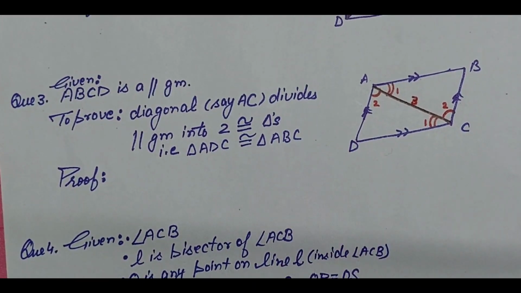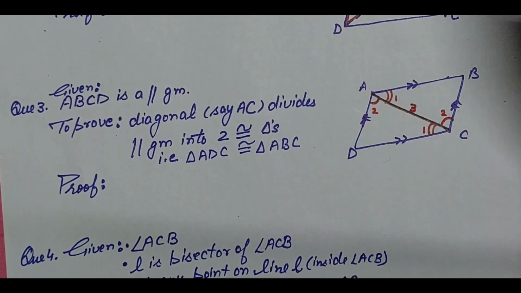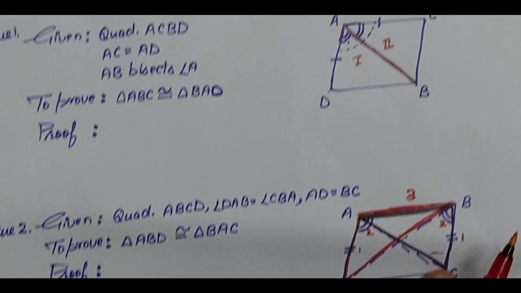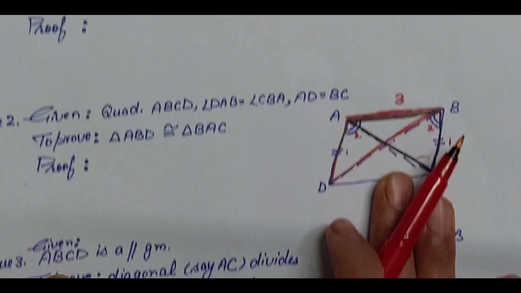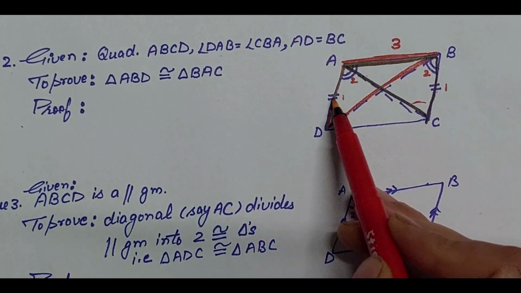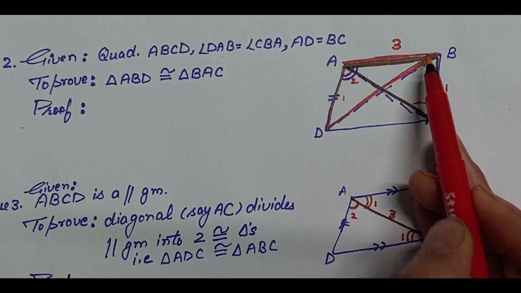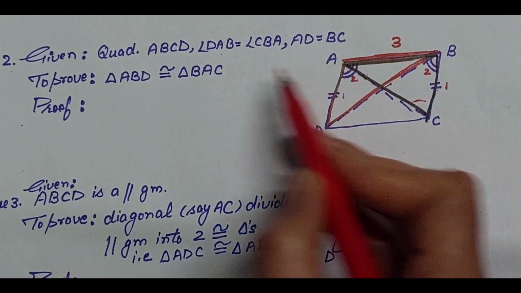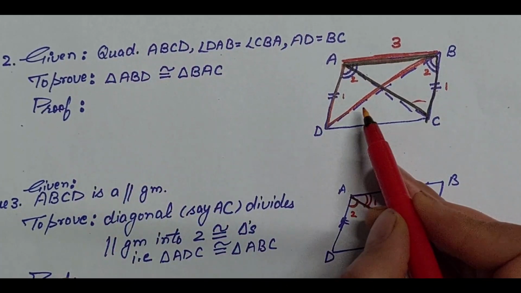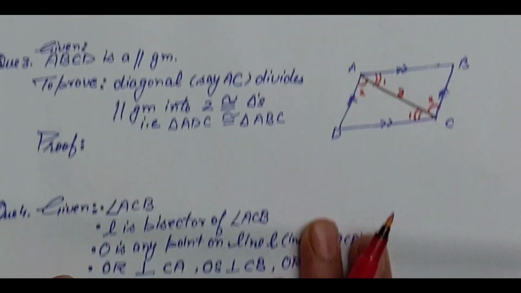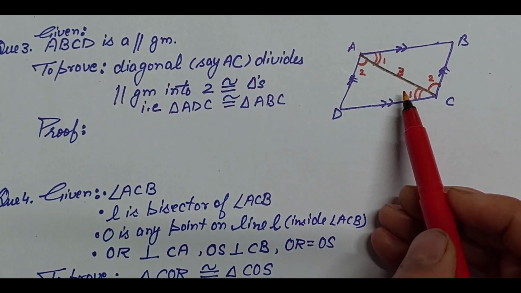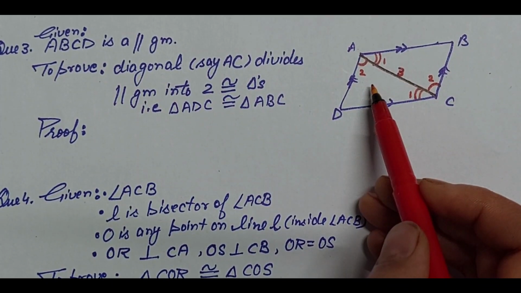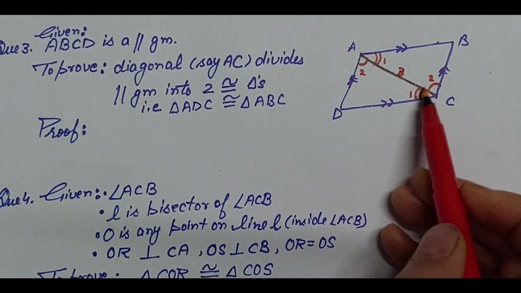So this is what I asked you to do. In the first question there were two equalities, and you labeled the third one. In the second question again you had the two equalities, and the third one was the common arm. I just asked you to write down given, to prove, and highlight the third one. Here no equality was given, but to prove the congruency we need three equalities, so we need to write all of them. So I have written.